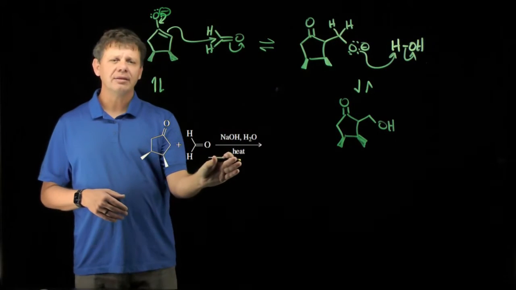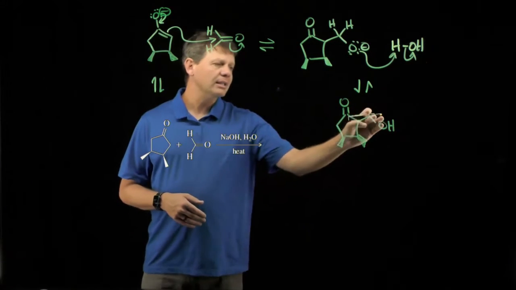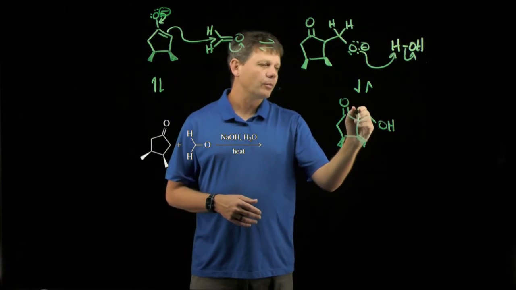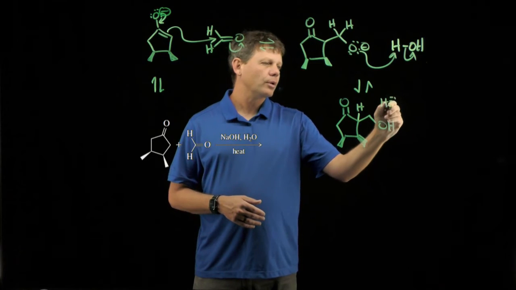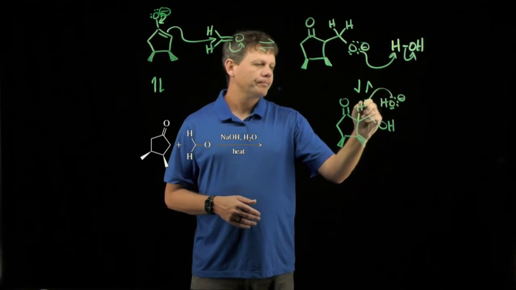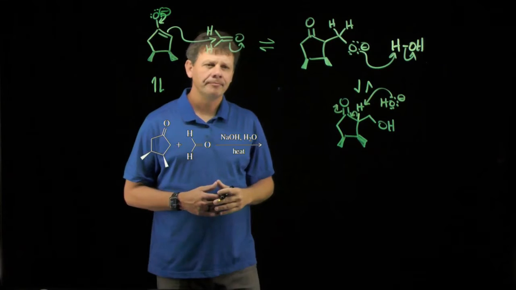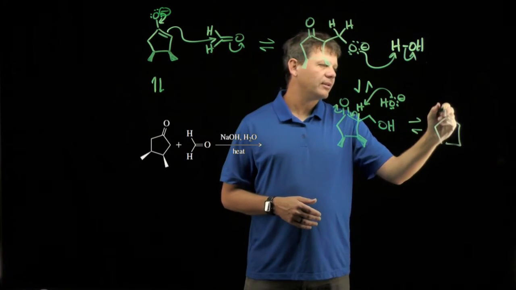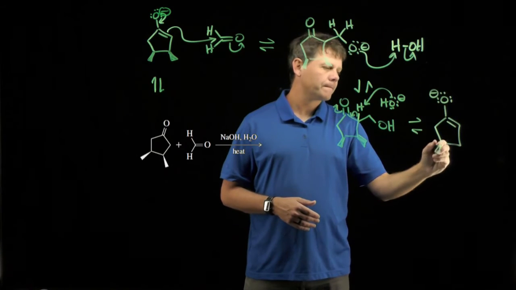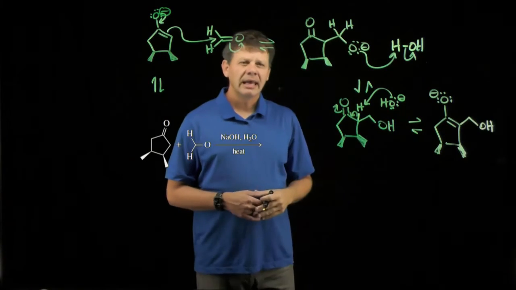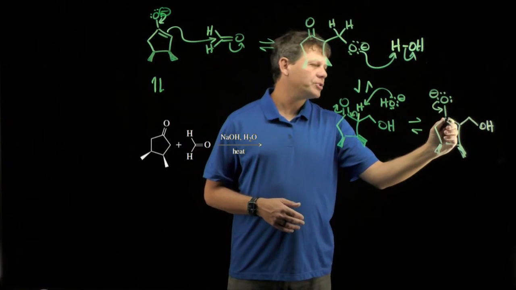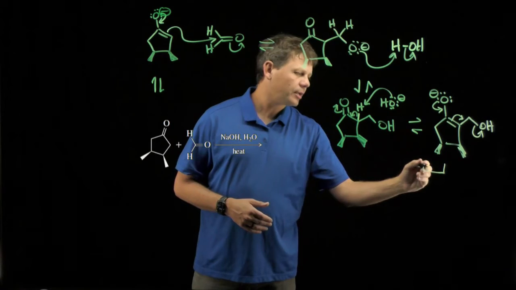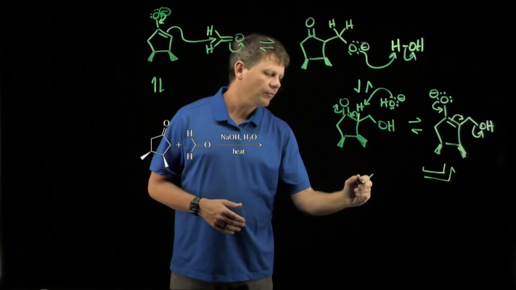But remember, we're heating the reaction. And so we know we're going to eliminate this hydroxyl group in this step. Mechanistically, the way that will happen is hydroxide will come in and remove the proton to make an enolate again. That enolate is this. And that enolate will then collapse down, pushing the pi electrons over to kick out hydroxide so that the final product of this reaction